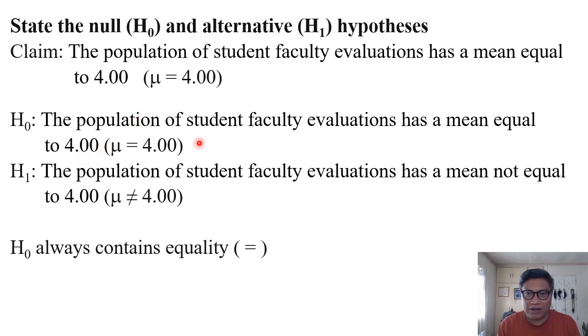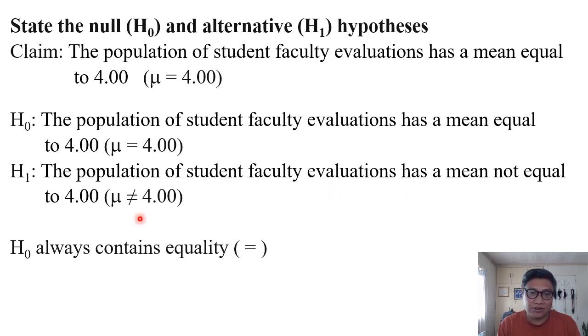This is the claim, and the alternative is the opposite. Whatever the statement in the null is, you rewrite it as the opposite, and that will be your alternative. So the alternative hypothesis would be the population of student faculty evaluations has a mean not equal to